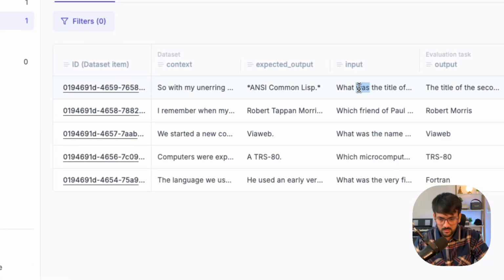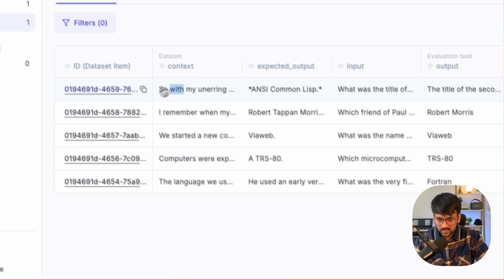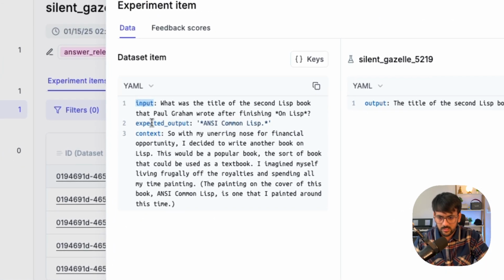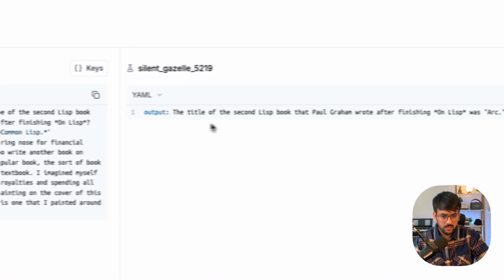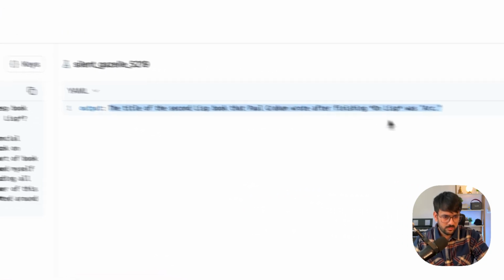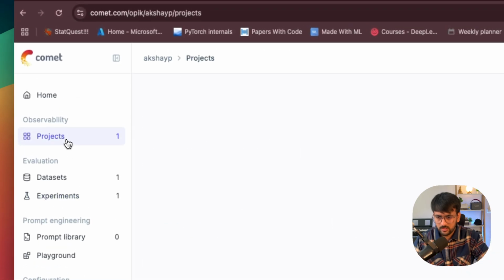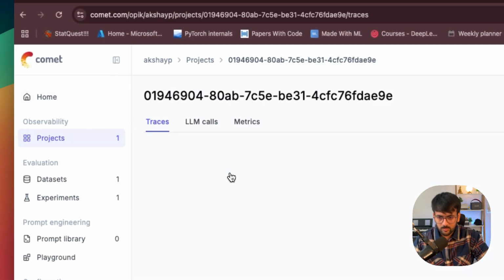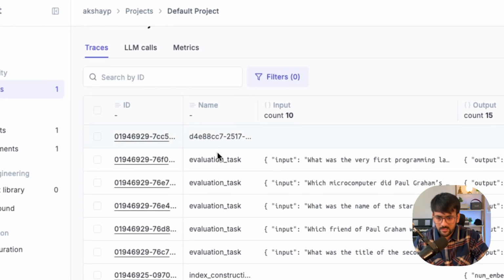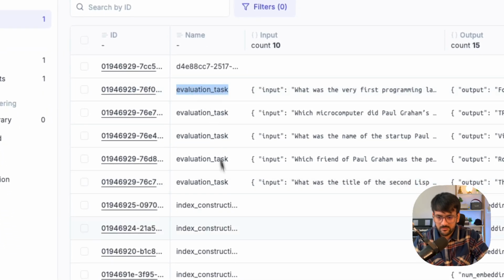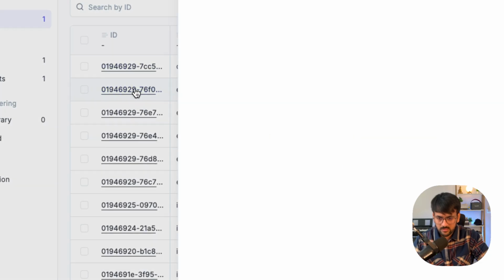So we have this input, expected output, and context pair. If I click on the first one, it gives us what was the input, the expected output, the context, and the output that is produced by our system. If you want to go into more detail, we can again go back to the project, and we see here in the experiment we had 5 evaluation tasks. So if I check the trace of the very first task,